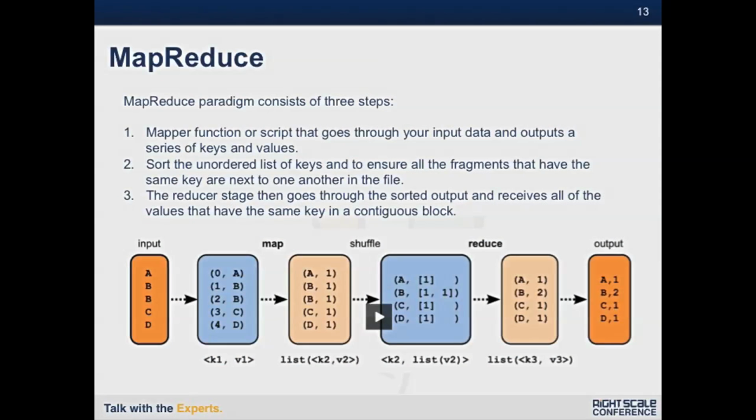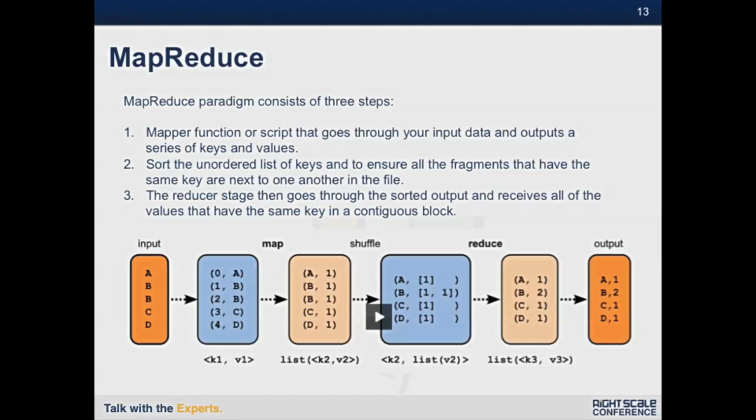Here we're doing this very, very simple. Let's say that we're just reading letters out of a book. Here we've got the letter A, 2 B's, a C, and a D. And what we're ultimately trying to come up with is how many A's, how many B's, how many C's, and how many D's are on this page.